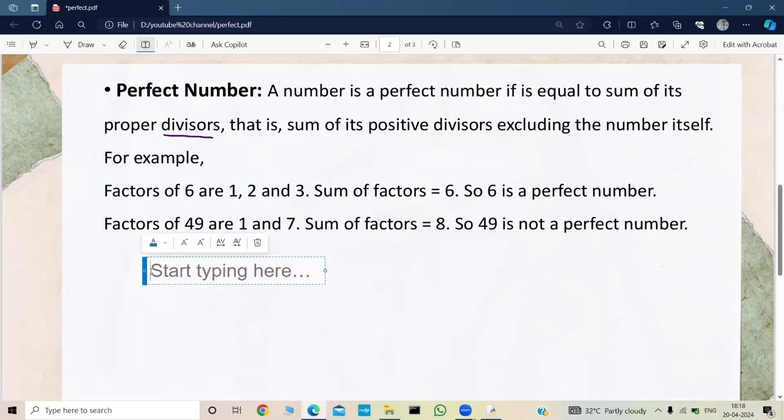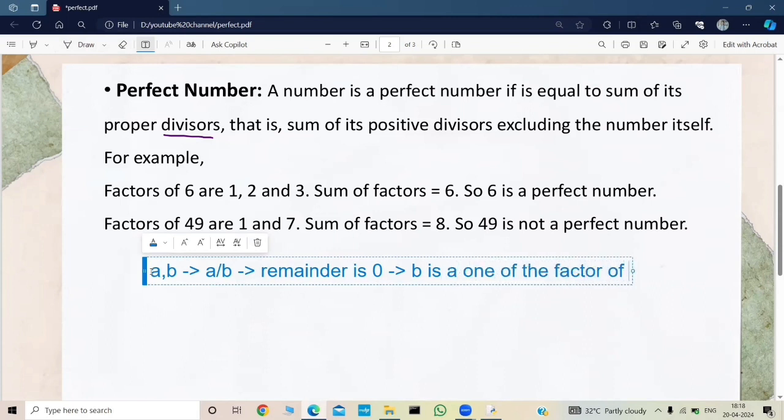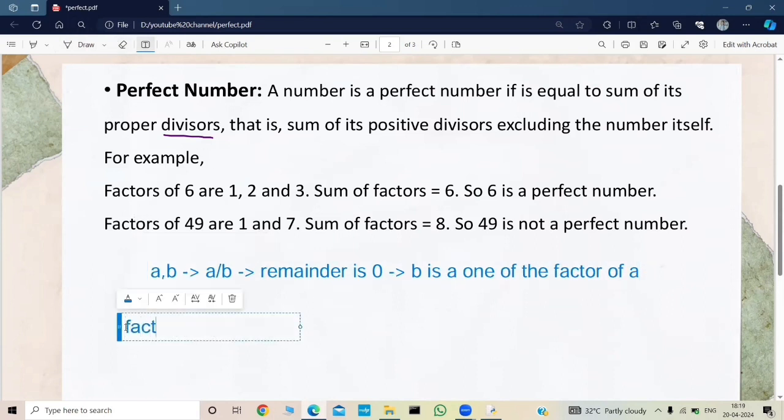Let us say we have two numbers, A and B, and we performed A mod B. Then the remainder was 0. Then we can say B is one of the factors of A. For example, the factors of 8 are,